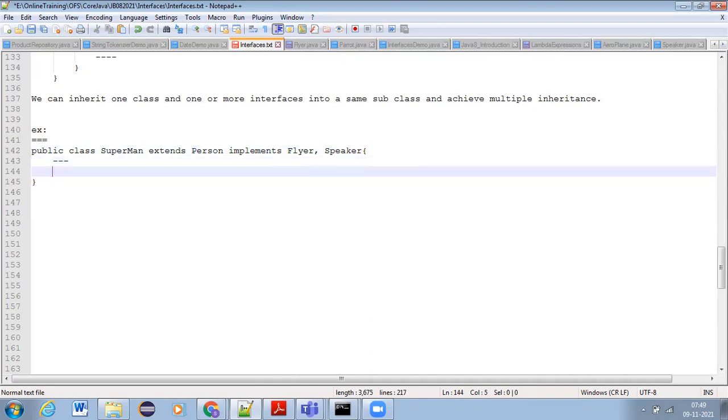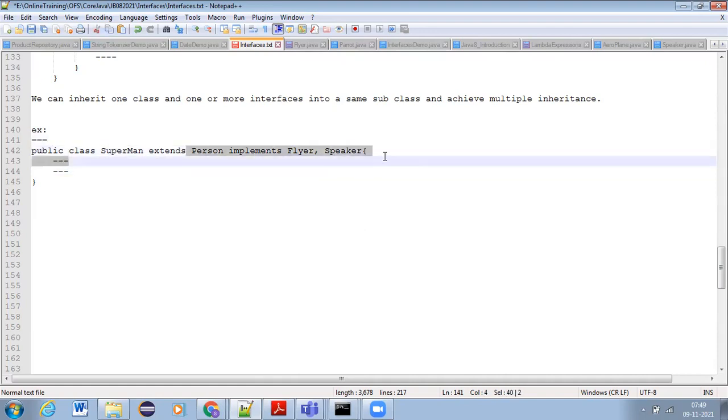So like this you can write multiple inheritance with the combination of class and interfaces. Whenever you are writing it, always first write the superclass specification for the class, and later specify the interfaces.